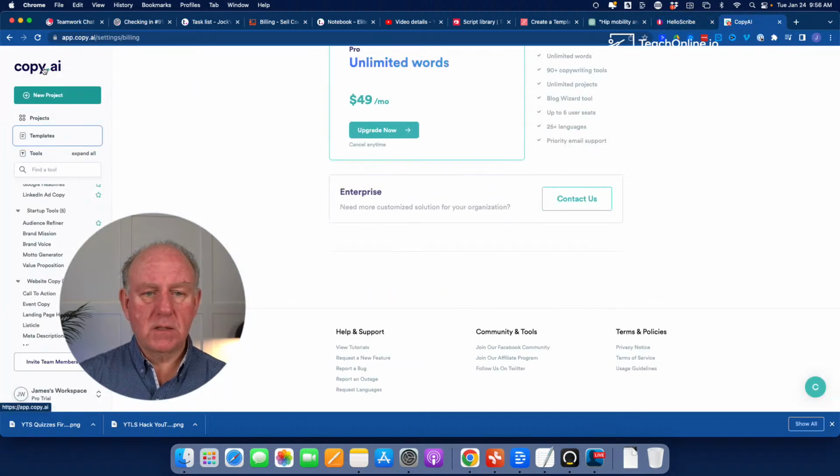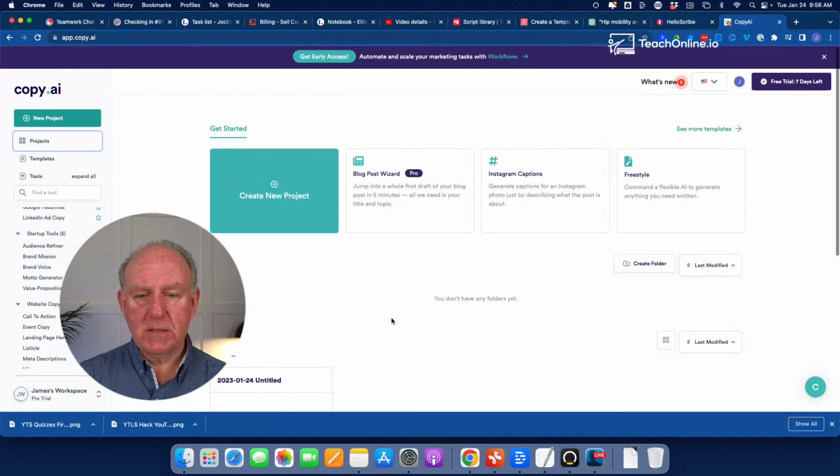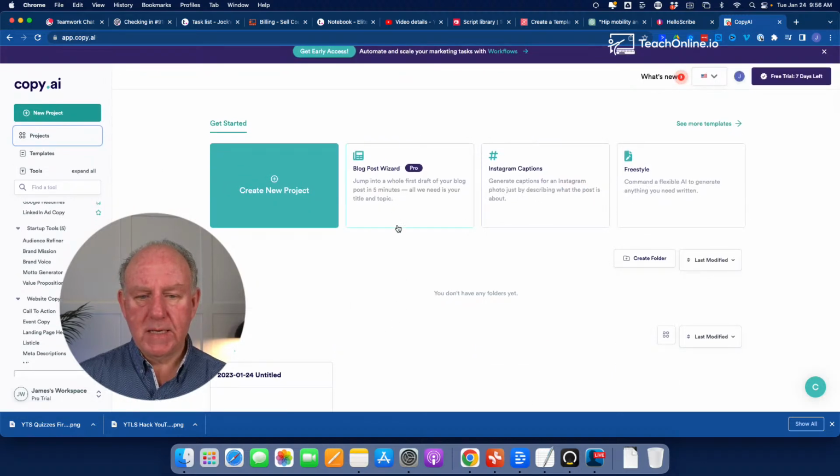This one is called copy.ai. So if I take a look at a project, and we'll just do one and say, here's a blog post wizard. So this one is specific for writing blog posts or copy. And again, it removes the need for doing prompts that we would have to know and learn to get great content on ChatGPT. So this isn't a how-to tool on how to use this one, but what I